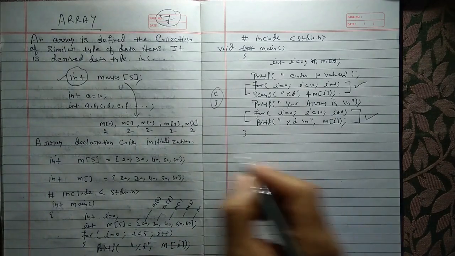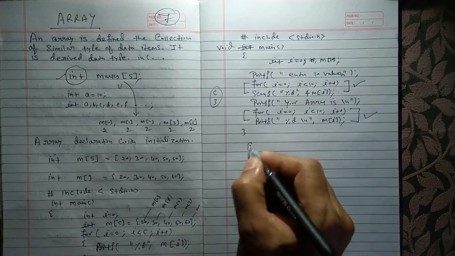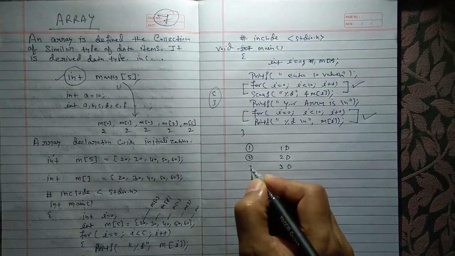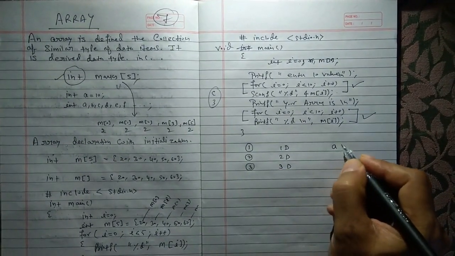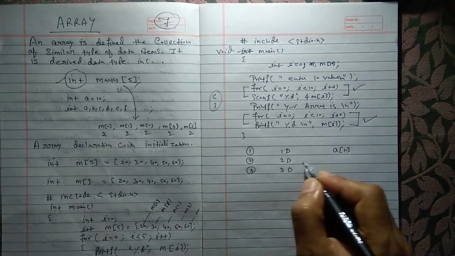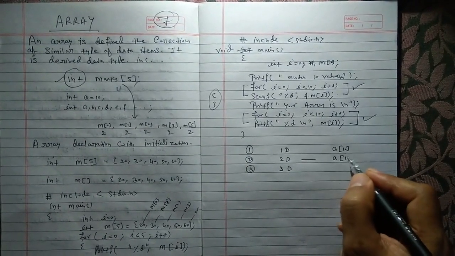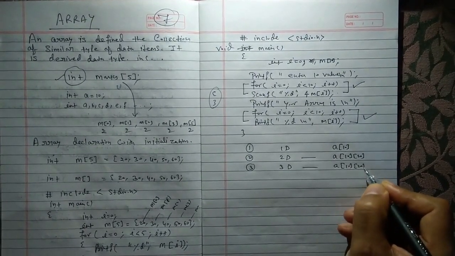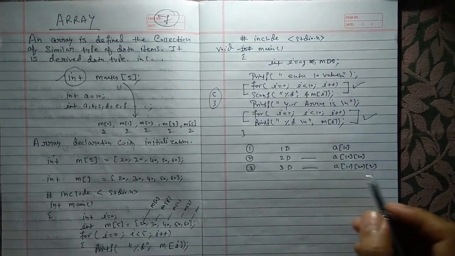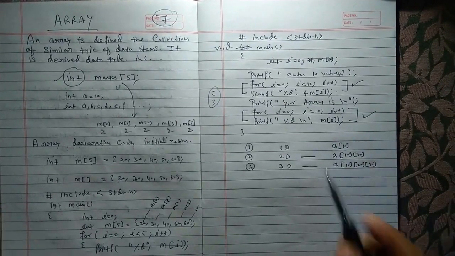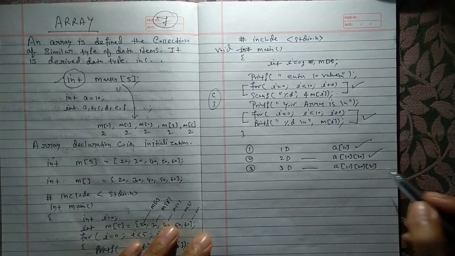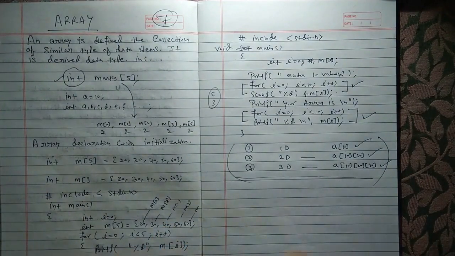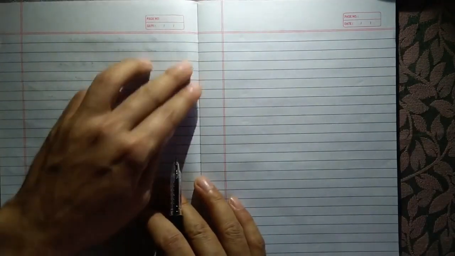Now, first, arrays are also of 3 types. First is the 1D array, second is the 2D array, third is the 3D array. So what is a 1D array? A 1D array means you will use this. And in a 2D array you will use this. In a 3D array you will use this. You can write any value. So these are the one-dimensional array, two-dimensional array and three-dimensional array. We will discuss them later. At first I will solve one very important program with the help of pointers.